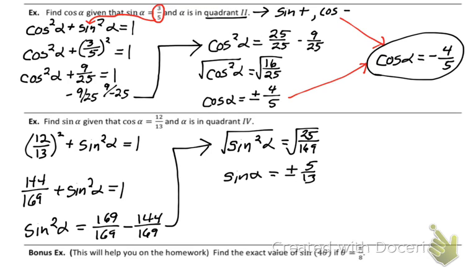I am in quadrant 4. That's why I usually start off with doing it first, but this time I neglected to do that. So we're in quadrant 4. All students take calculus. In quadrant 4, calculus is positive. Cosine is positive, and sine is negative. So that means we're going to take the negative. So based on those 2 bits of information, we are going to have sine of alpha equals negative 5/13. All right, this homework